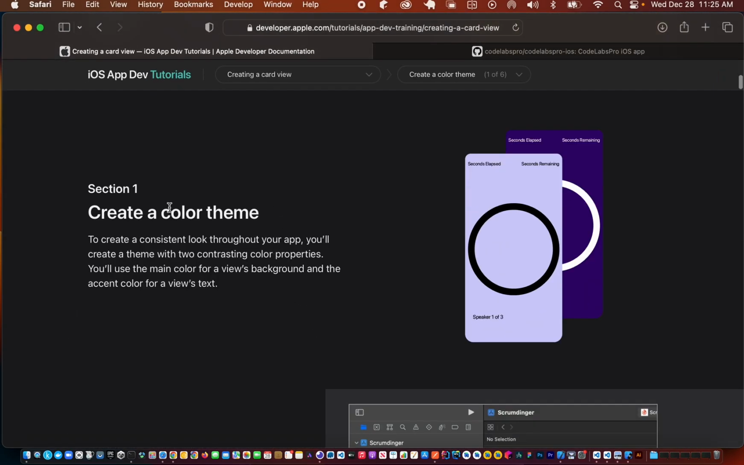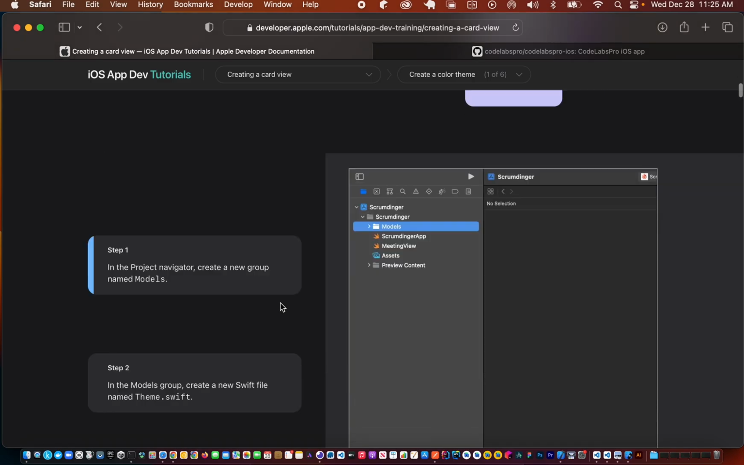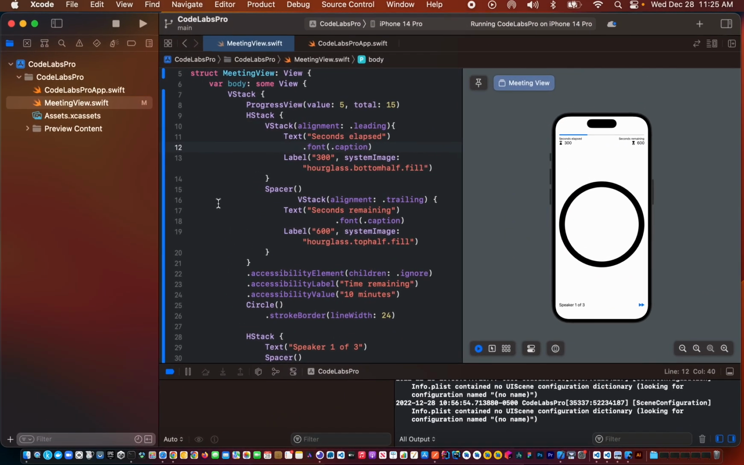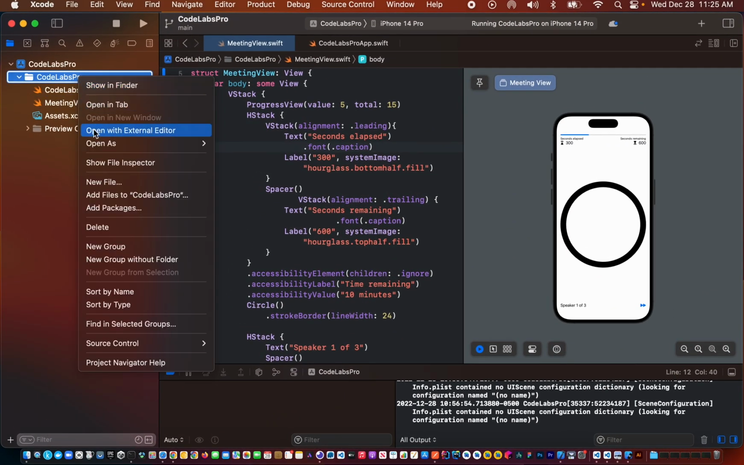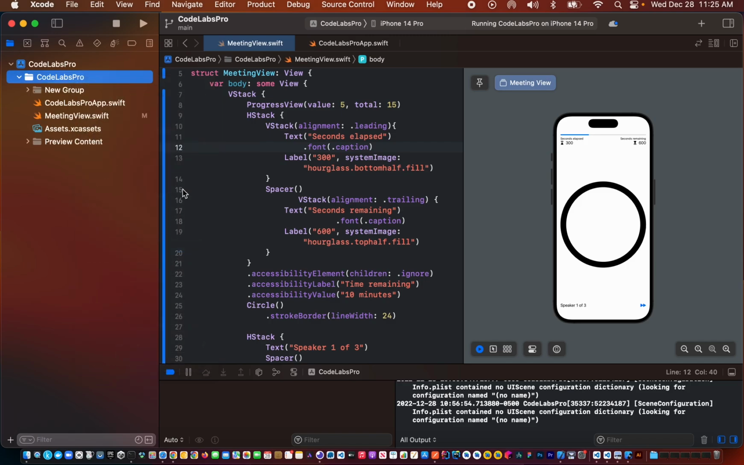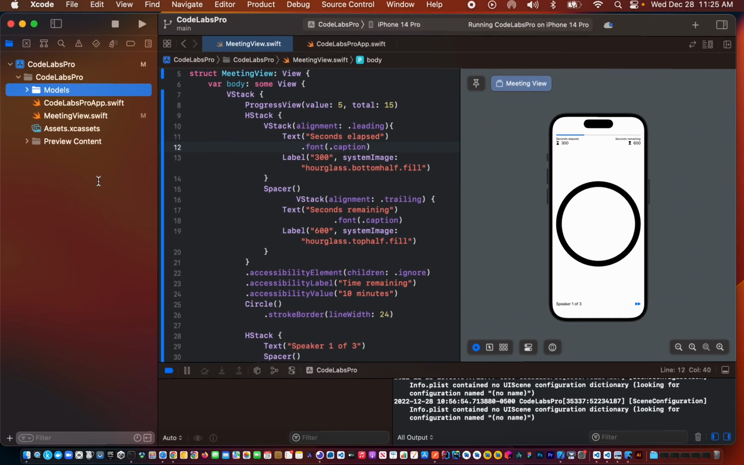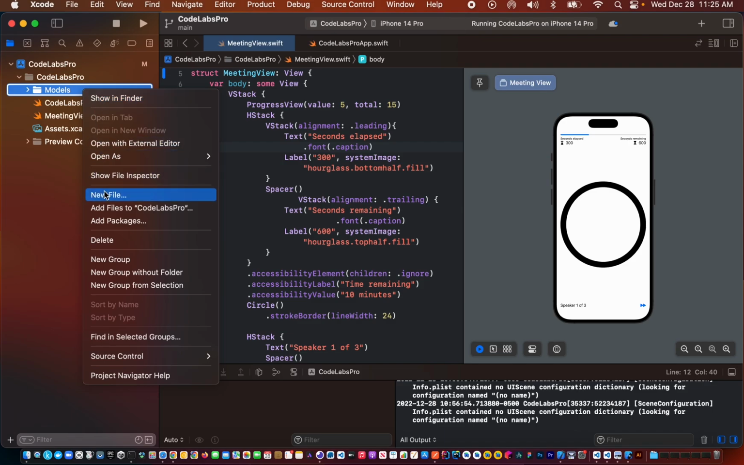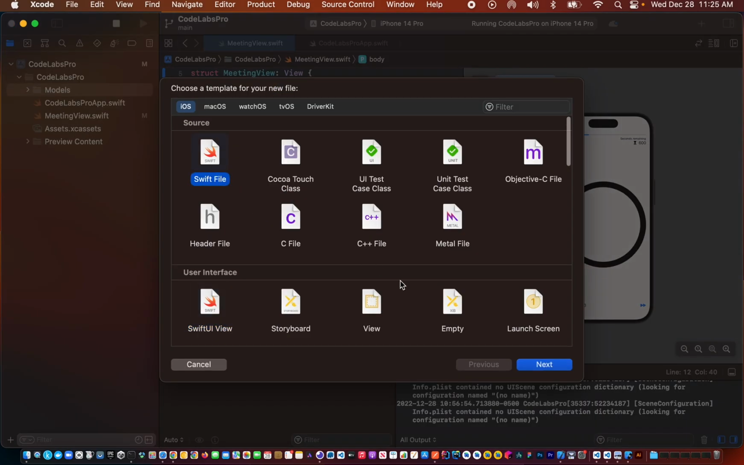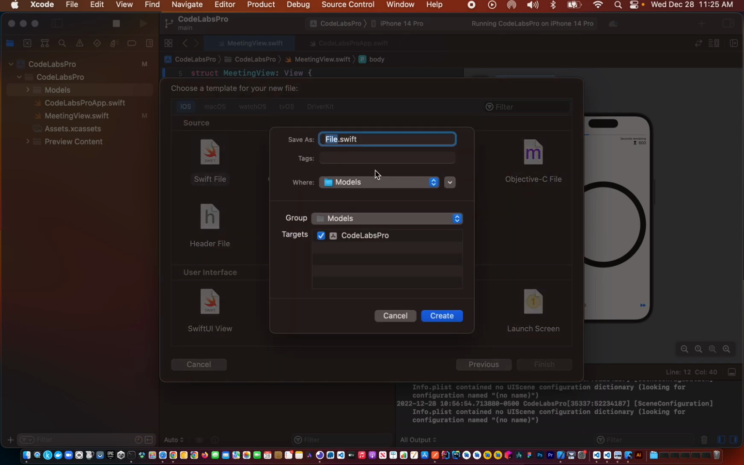So let's create a color theme. To do that, we'll create a group called models. So let's right click, create a new group called models. Now we can create a new SwiftUI file called theme.swift. So right click, new Swift file called theme.swift,